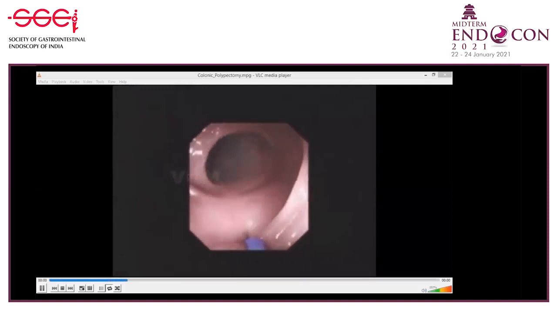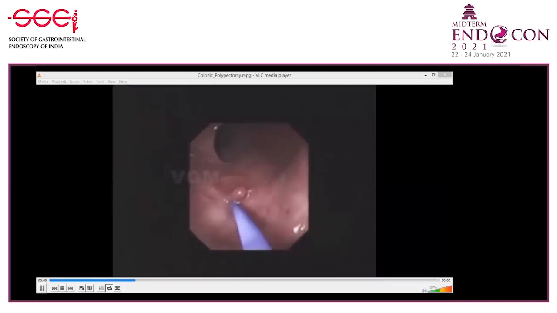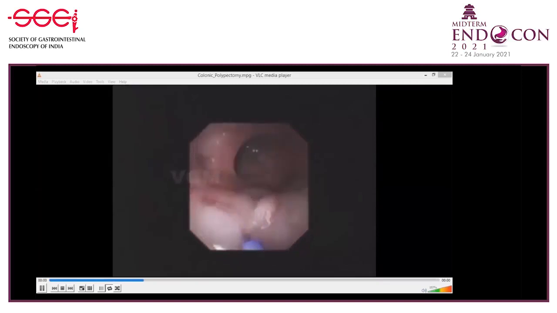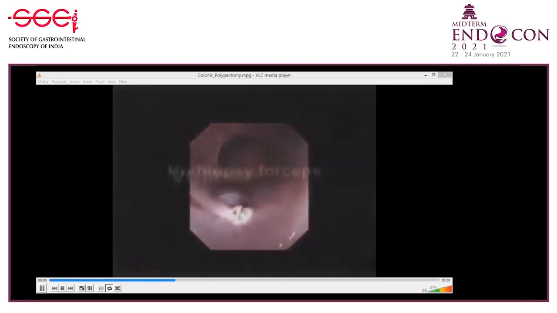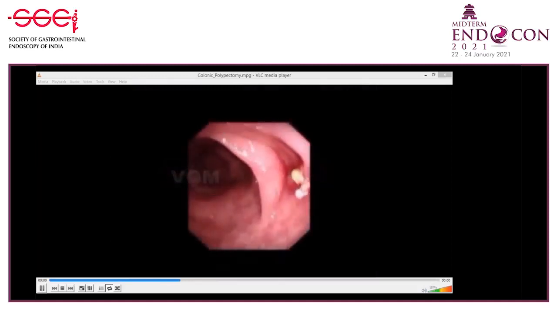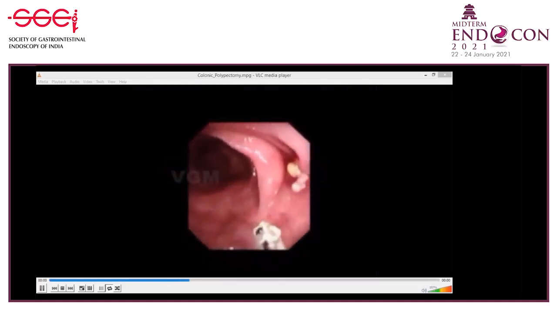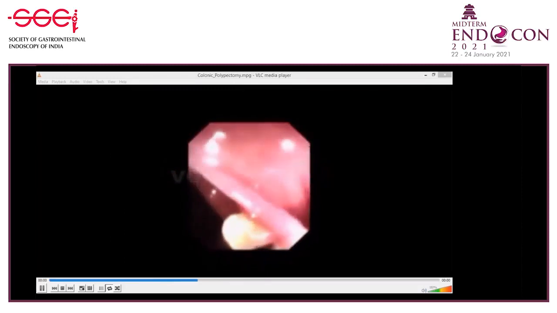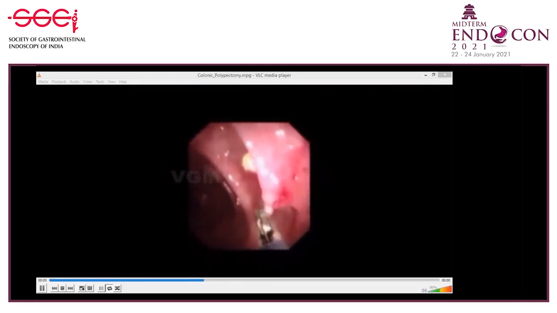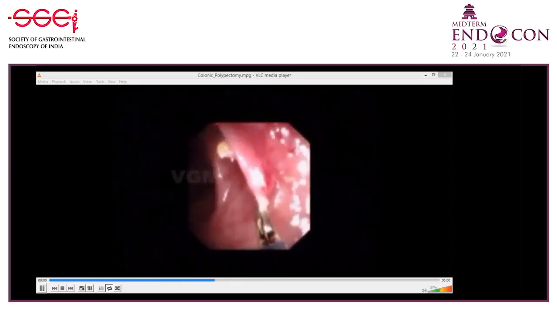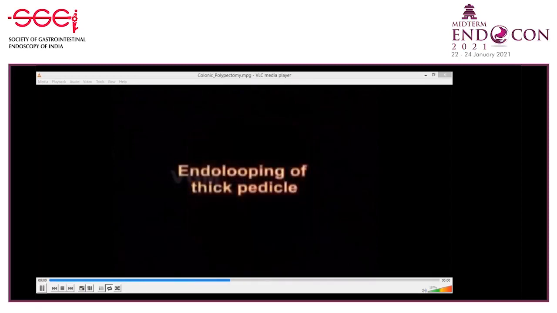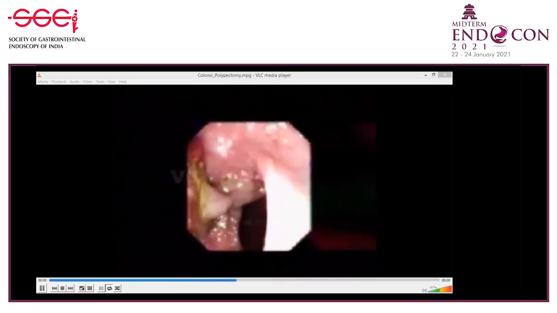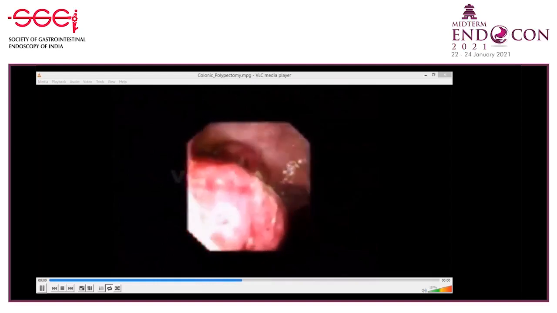Injection into the base, lifting up, the white out over there definitely shows us that we can go ahead and garland the polyps. Bringing the polyp into the 6 o'clock position is definitely going to be useful. Hot biopsy forceps, we use it on tiny polyps, and the base has to be cooked to destroy any tissue there. And always when you do the polypectomy, it is good to bring the polyp, after garlanding it, to the center of the field, away from the mucosa, to avoid any injury to the mucosa.